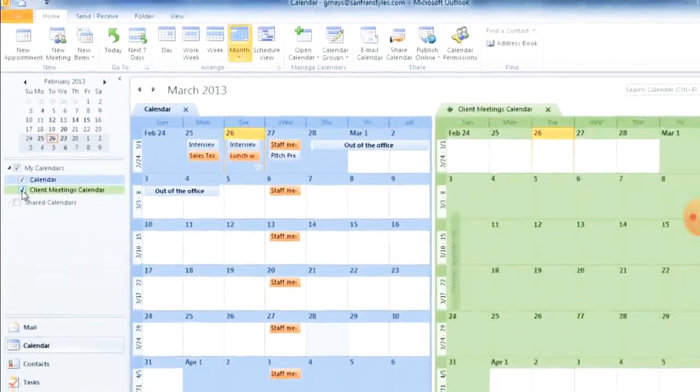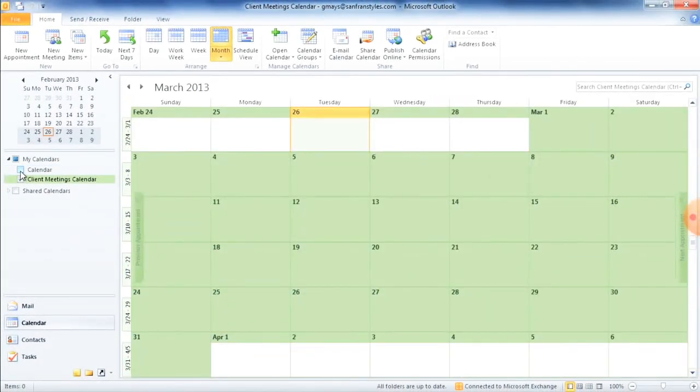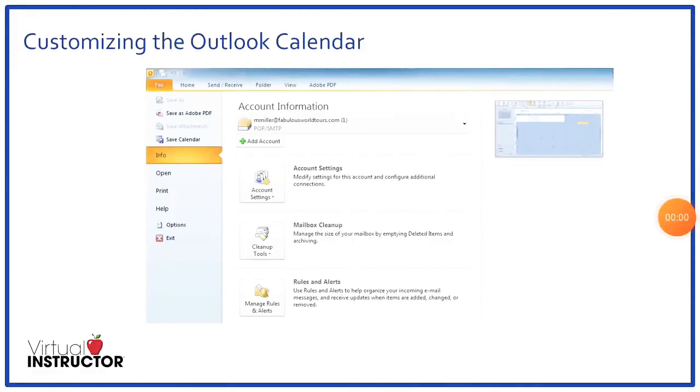If you want to keep only one calendar, uncheck the other calendars, and you can display your own calendar. This way we customize our calendar according to our convenience and needs. We can make some changes by going to the options. For this we can click on the File menu. As you can see on the screen, this